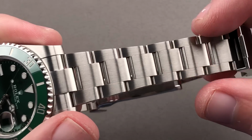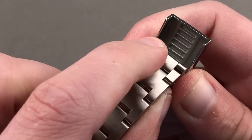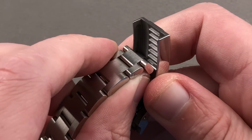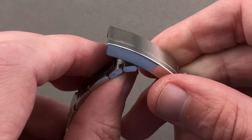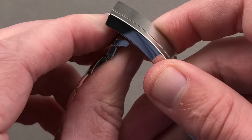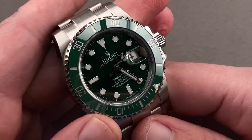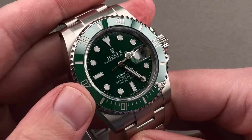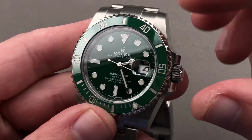Simple, understated, satin finish 3-link Rolex Oyster bracelet, and then we have the glide lock system. So you've got 10 steps of 2 millimeters for incremental adjustment. Remember, a standard Rolex watch has the 5 millimeter easy link in or out. This gives you a lot of adjustability. It could be a small adjustment, or it could be an all-out adjustment for use over a dive suit. You choose. Now, the watch includes a caliber 3135 movement, which is chronometer certified, and 300 meter water resistance,